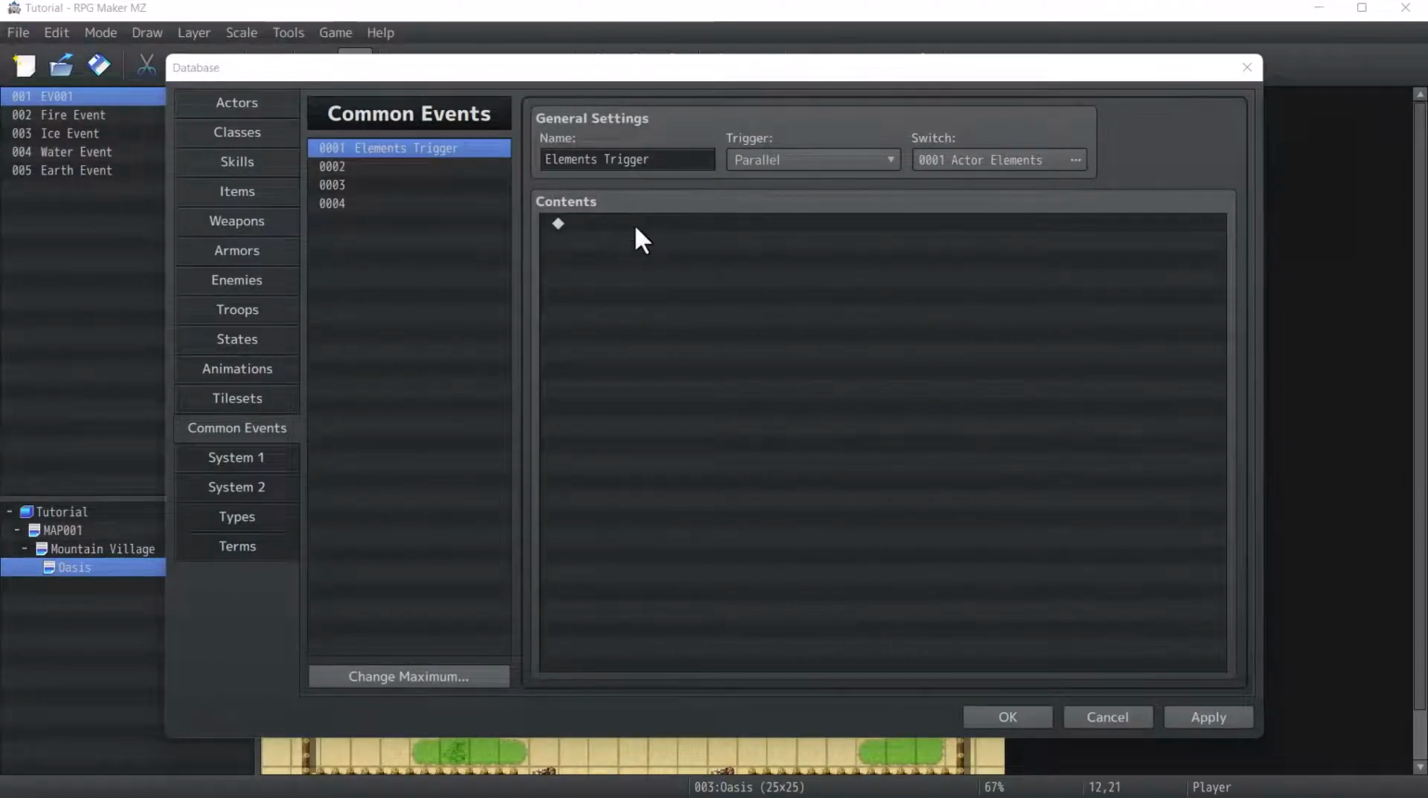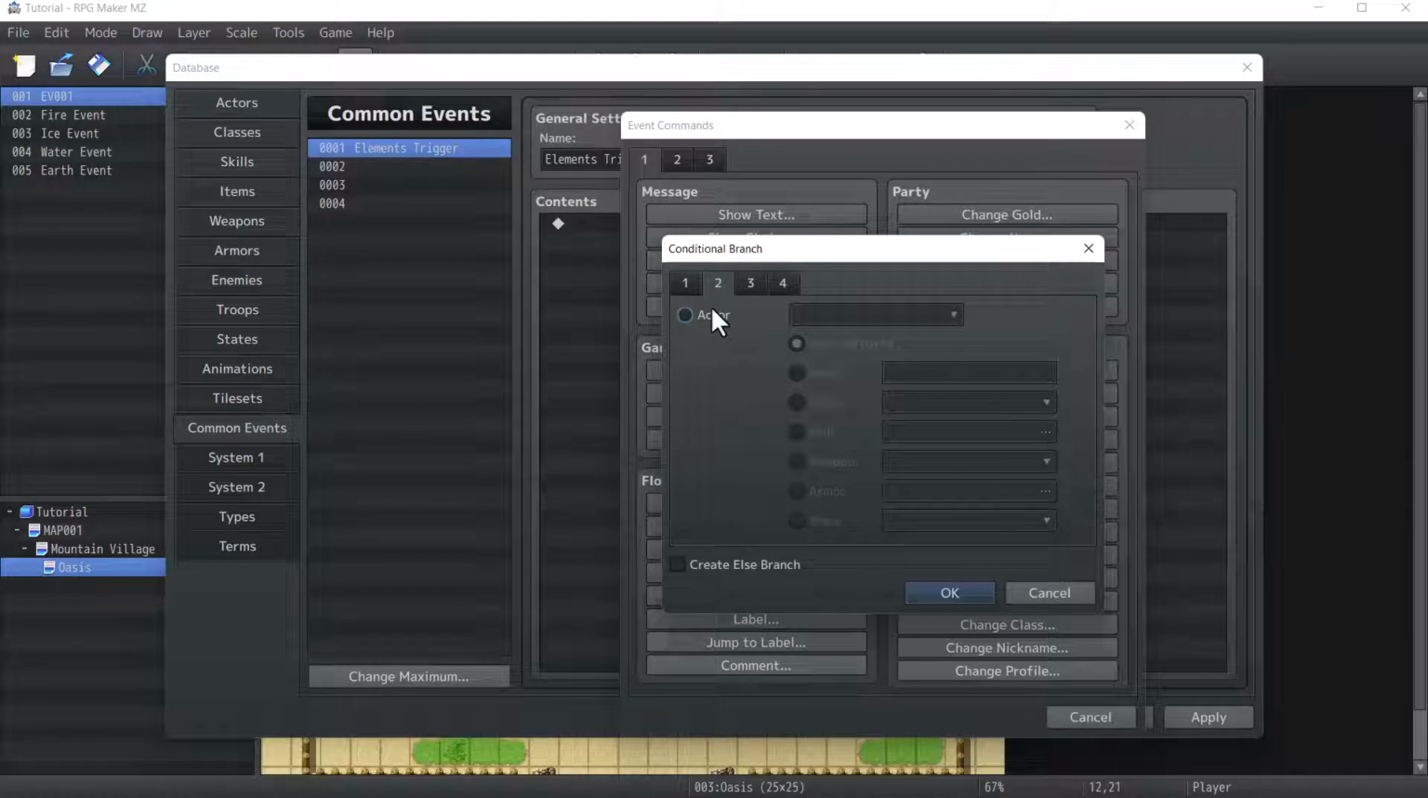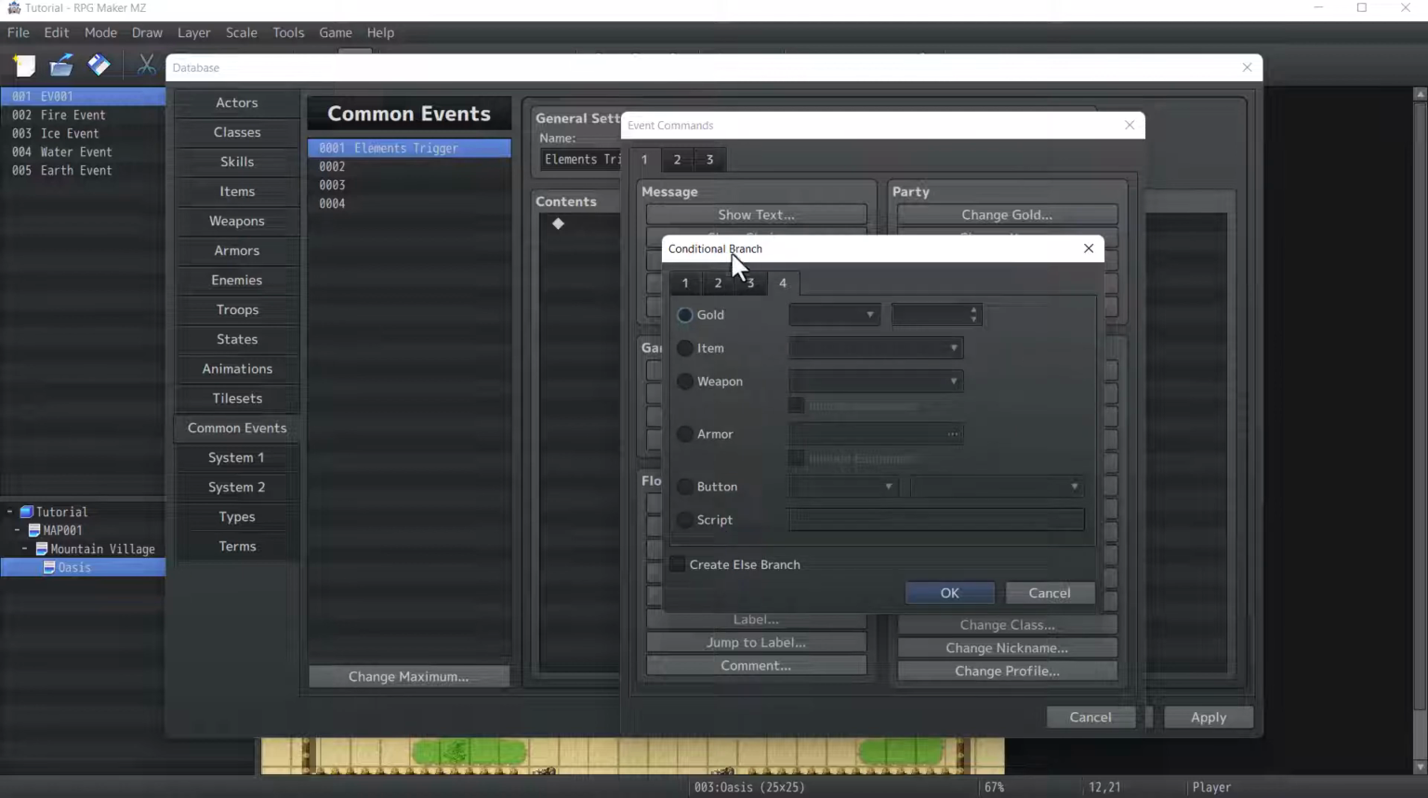Unfortunately, RPG Maker doesn't really have any event command to check on the party leader. In conditional branch, you can only check whether an actor is in the party or not. So we will do this via script call. So we go to the 4th tab of the conditional branch and call the script. The script is